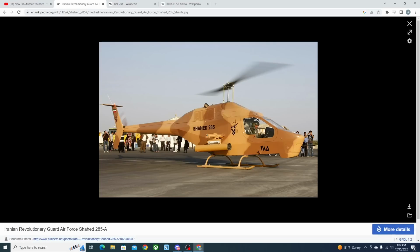to turn it into this, when you could have easily tried, probably with the same amount of effort, to just take a Bell 206 and then turn it into something similar to a Kiowa, or just attach the same weapons onto it. This is an Iranian attempt to try and make a helicopter that appeals to their public, who probably